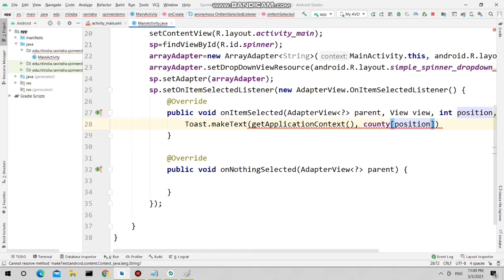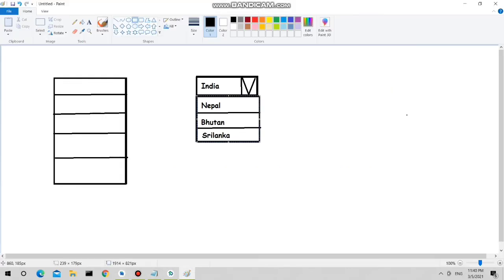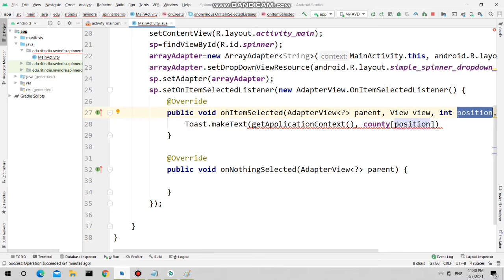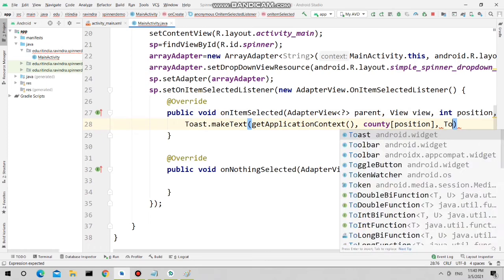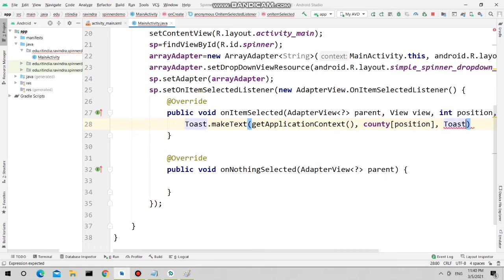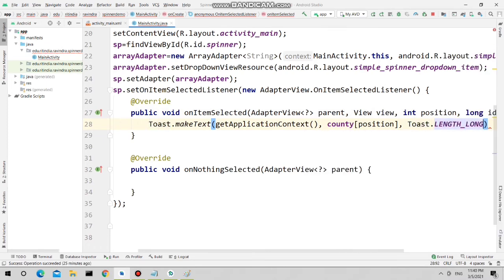I'm simply using the position. We already saw that, consider there are 4 atoms. India is at position 0, Nepal is 1, Bhutan is 2, and Sri Lanka is 3. I am using the country array name and the position. So whenever the user selects a spinner atom, based on that position we will display that country.